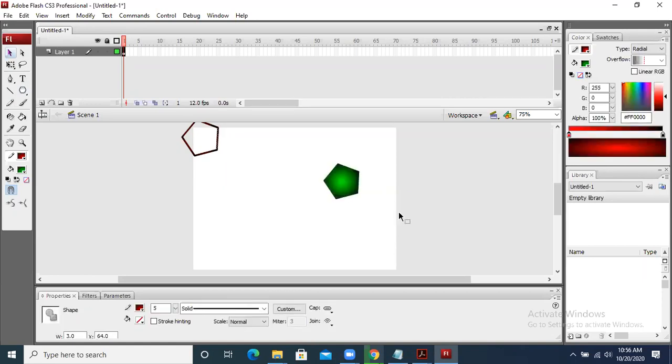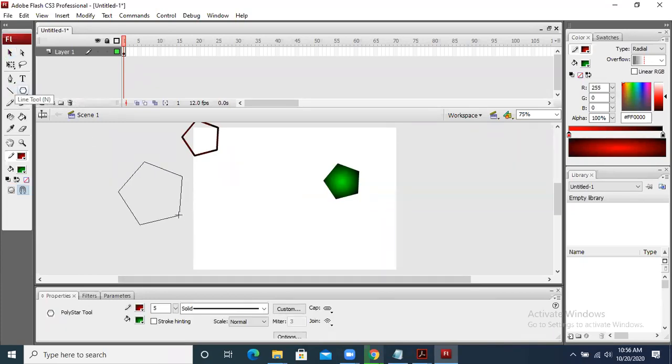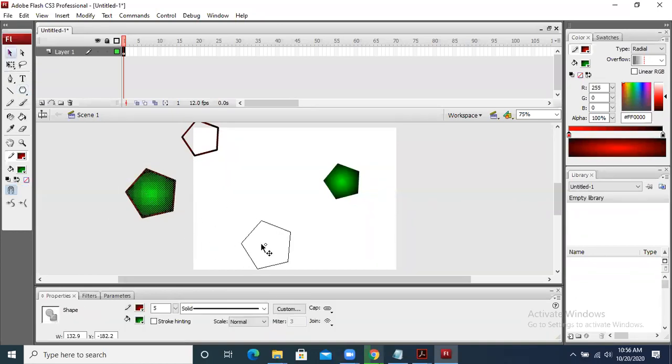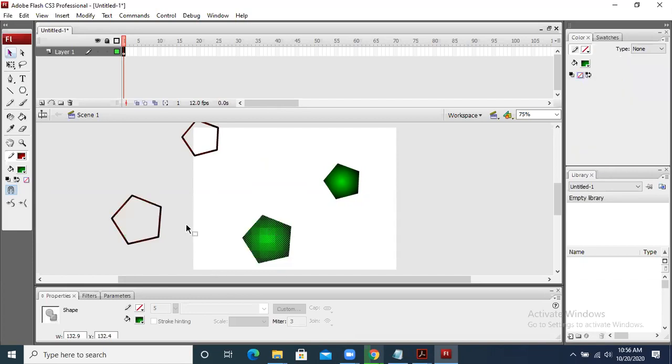So if I need to change it, what is necessary for us? Whenever we are drawing anything and we have got some border, we need to select it in such a way that its border is also selected. Then when we move it, it will move with the border. Otherwise, if we just click on the inside and move it, the border will be left behind and the other things will not work. So this is a very important thing that we need to understand over here.